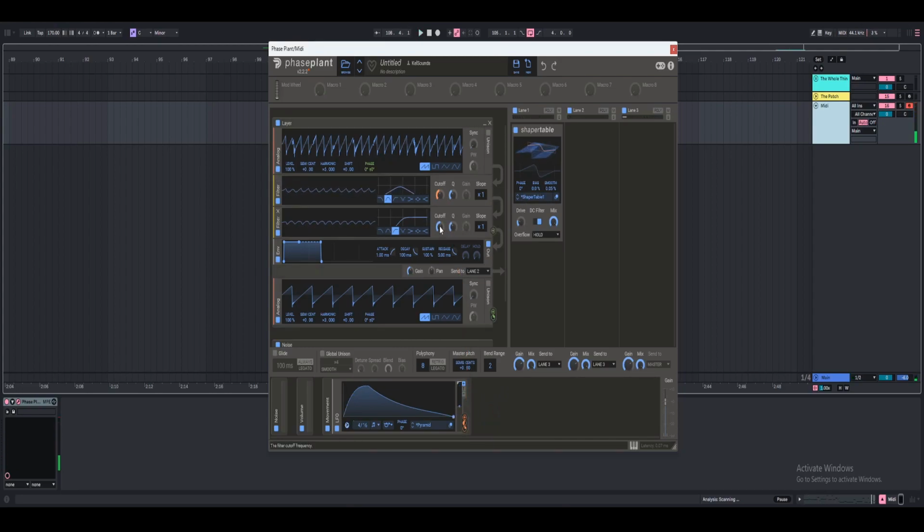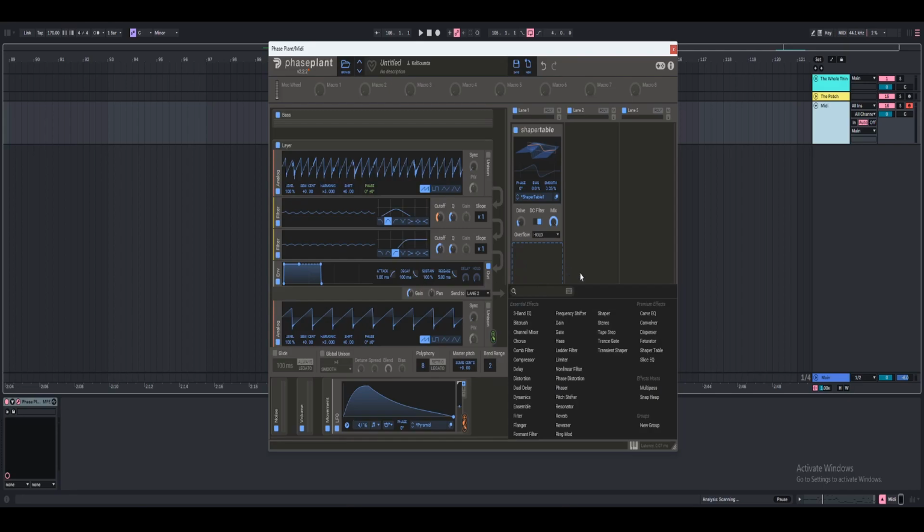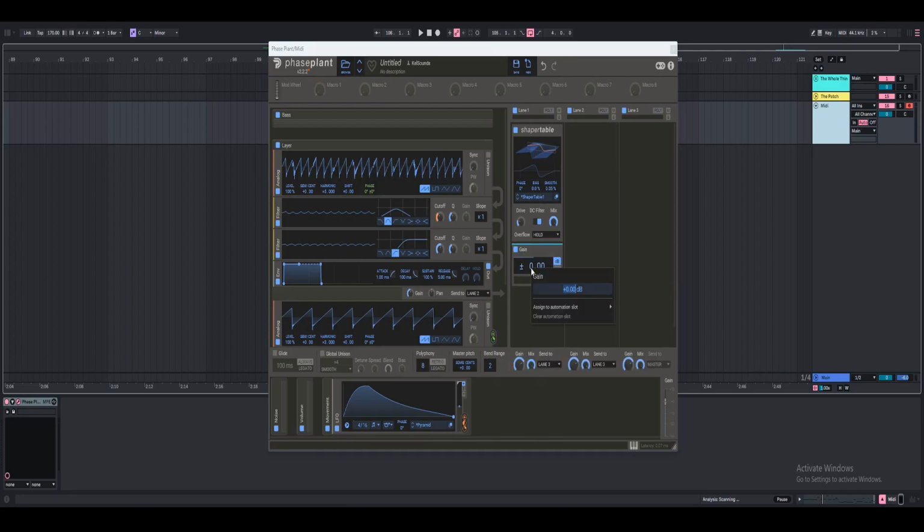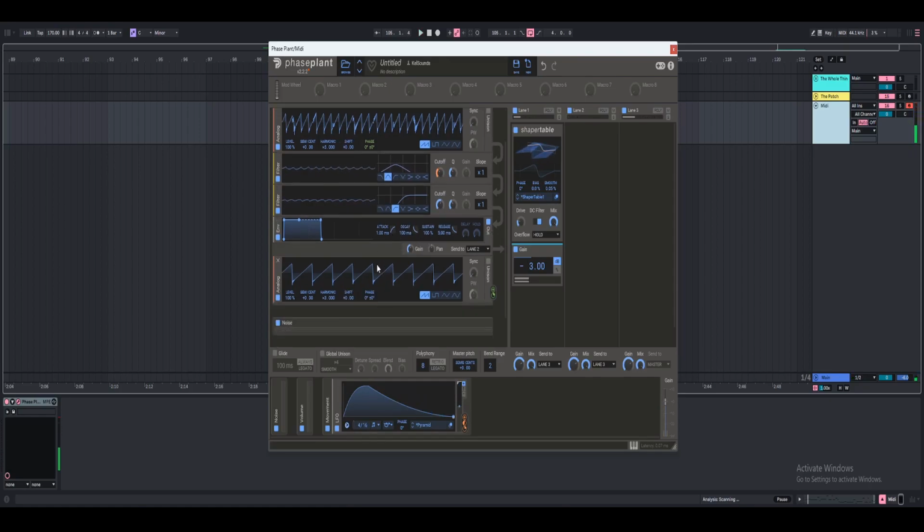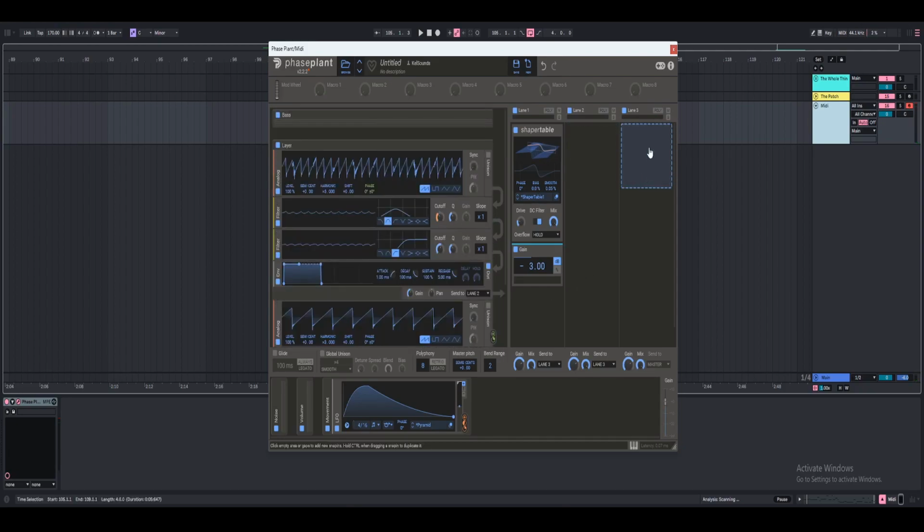And I'm actually going to mess with the cutoff as well of both of these. And of course, for the last thing here, I'm going to go ahead and add a gain and turn this down to -3 decibels. So -3. And I know the noise sounds pretty constant, but it'll have some movement once we add a gain for the